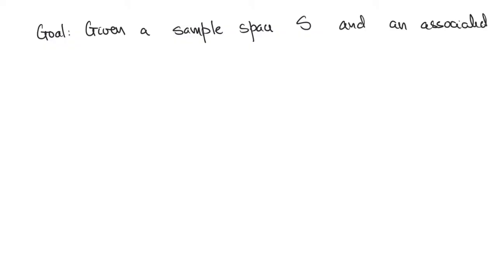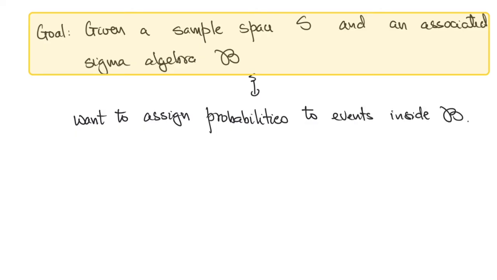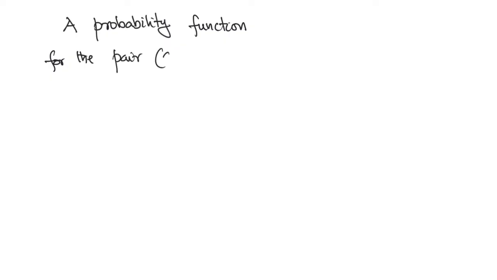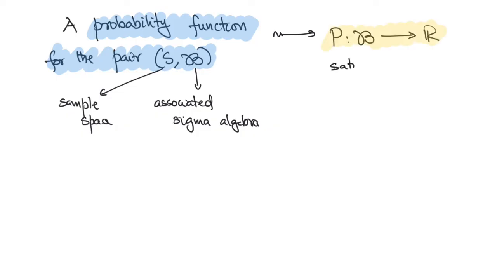We refocus to our goal, which is to start with a sample space S and an associated sigma algebra script B, and we want to assign probabilities to events inside my sigma algebra B. This is achieved by defining what is known as the probability function for the pair S, comma B, where S is the sample space and B is an associated sigma algebra to S. A probability function P is a function going from B, the sigma algebra, to R, and it satisfies the following three conditions: